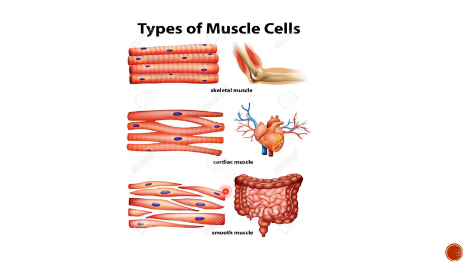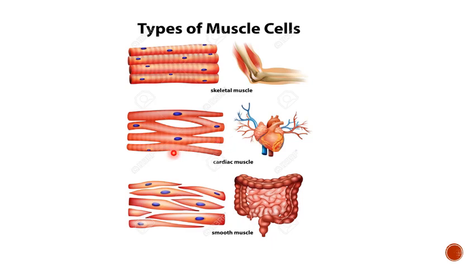Whereas smooth muscles are present in the visceral organs, which I have already discussed, that is the soft organs without bones, like the small intestine, stomach and kidney. They have spindle shaped cells, tapering at both ends, or fusiform. They are uninucleated and without any light and dark bands. And this is cardiac muscle, present only in the heart.